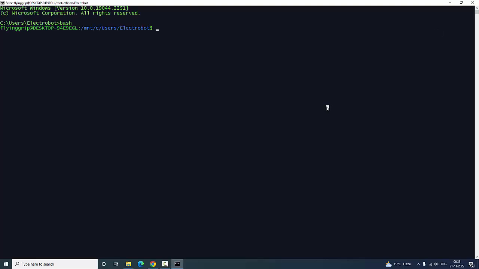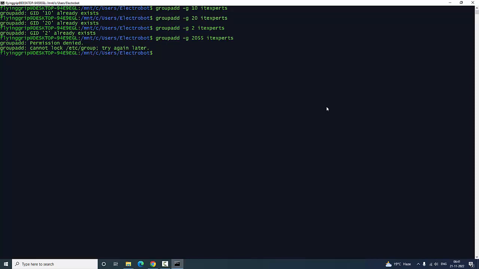What I am going to do is create a group, users and all the permissions. Now I am going to create a group. I can create a group by using the groupadd command. By typing the groupadd command, I can assign a number to this particular group. Because we are not in super user, we don't have super user privileges. We need to type sudo